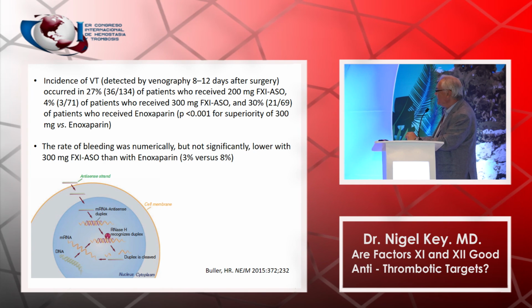So this was superior. The rate of bleeding here was actually maybe a little bit lower. It wasn't statistically different, but by inhibiting factor 11 compared to inhibiting factor 10A, very favorable rates in terms of